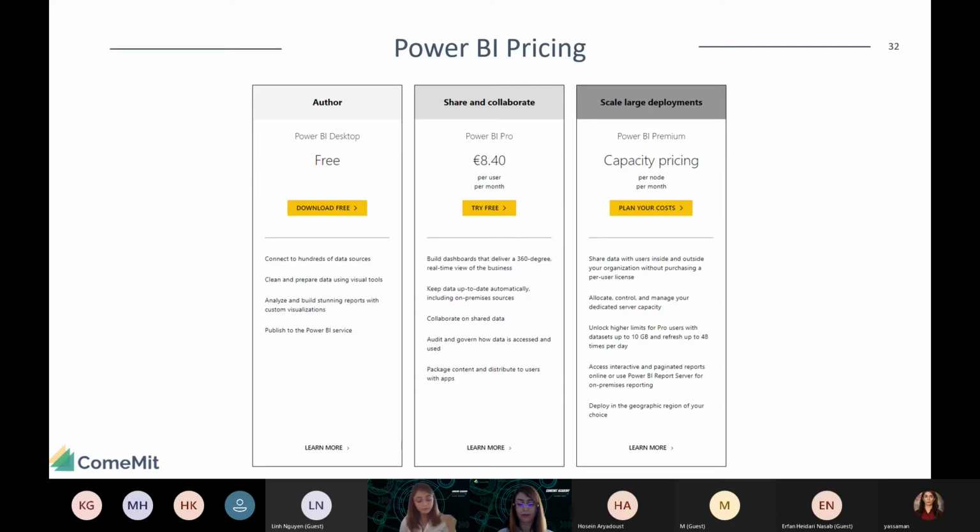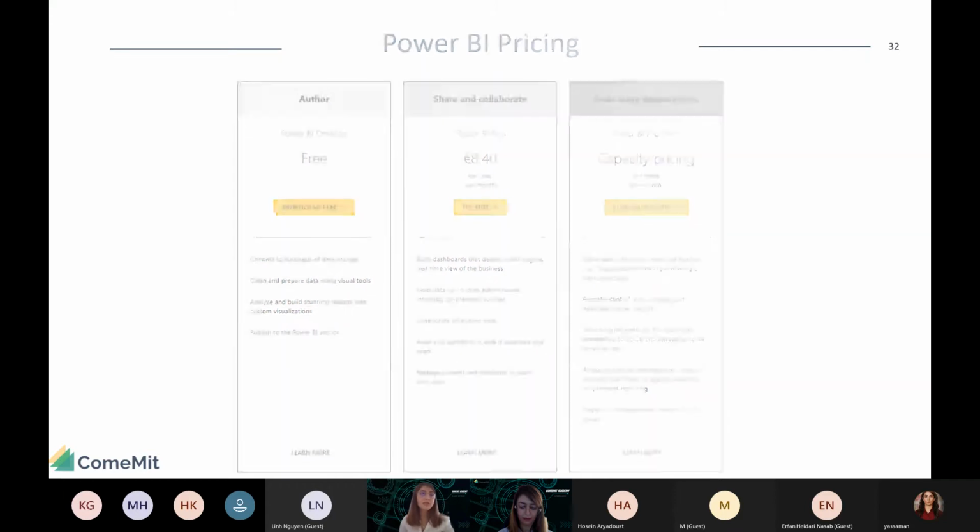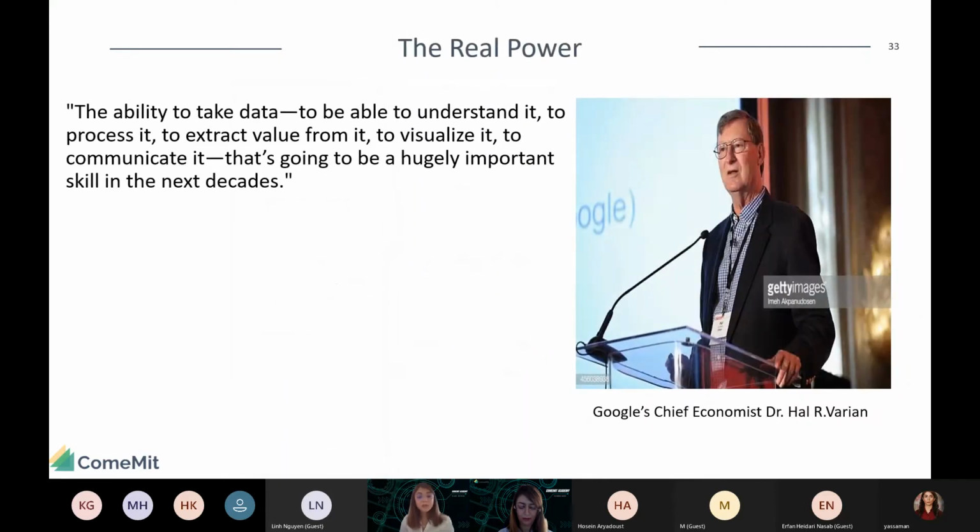That's why a lot of companies are switching right now from whatever they're using to Power BI because of the costing. And one other thing is that when you have some sort of Azure packages or Office 365 packages purchased in your company, there is a chance that you can get Power BI at a much more affordable price. Sometimes it comes free with Office 365, but then again, it depends on which version you are using.